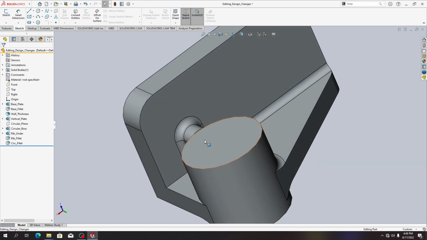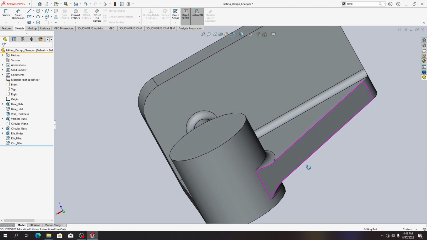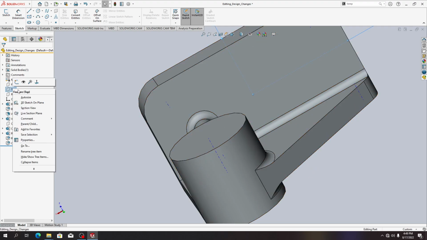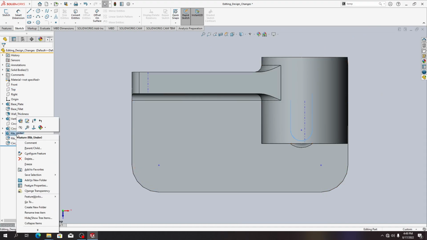First, paano natin isa-center itong rib? Punta po tayo dito sa visibility. Tapos, view temporary axis. So, makikita nyo, meron tayong blue dots, right? So, pwede natin itong gamitin later on sa pag-edit ng sketch ng rib. Now,